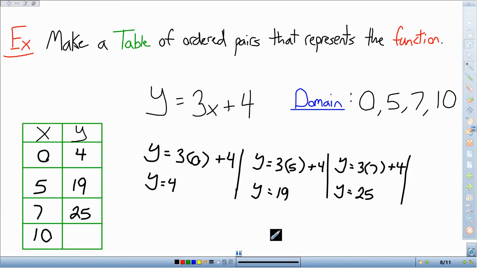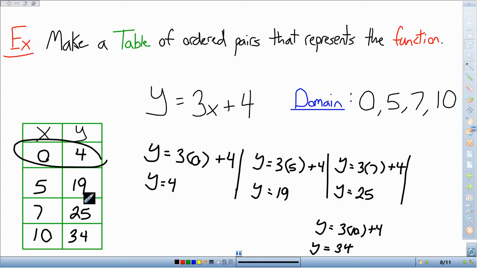Okay, and last one, I'm out of room, I'm going to put it down here. y equals 3 times x plus 4. X value is a 10. Okay, 3 times 10 is 30. 30 plus 4, 34. So when x is 10, y is 34. Okay. And again, we just made a table of a bunch of ordered pairs, (0, 4), (5, 19), that represent